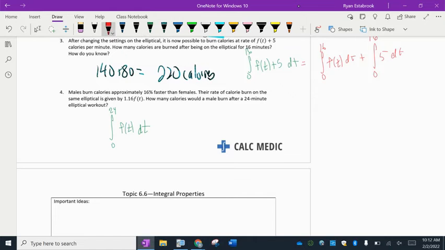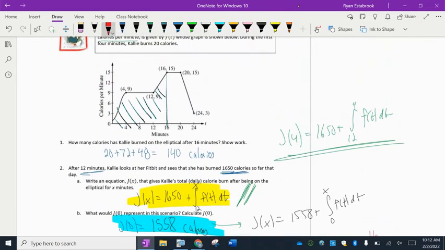Okay, so this is the amount of calories that Callie has burned from 0 to 24 minutes, right? And we're saying that we need to get 16% greater than that. So we're just going to multiply it by 1.16. I could do it inside or outside. I might as well do it outside then. So I can evaluate all of this integral, which means from the original numbers we have on the graph, find all of that area under the curve,